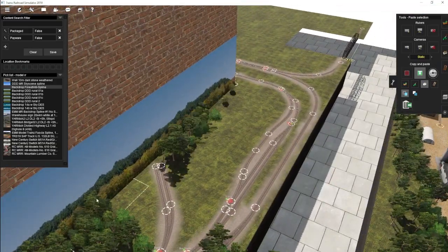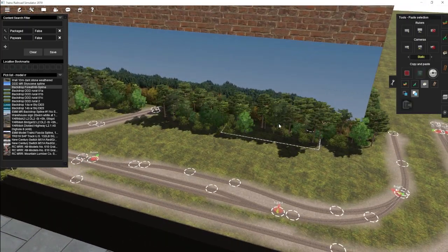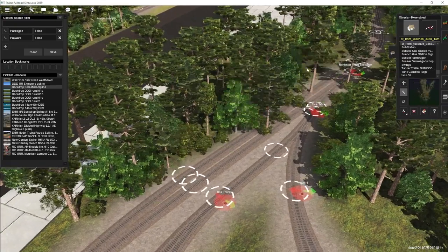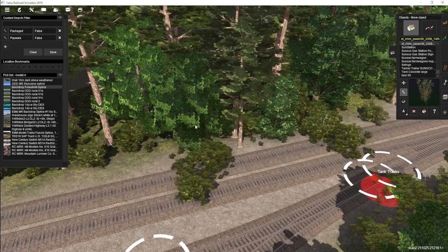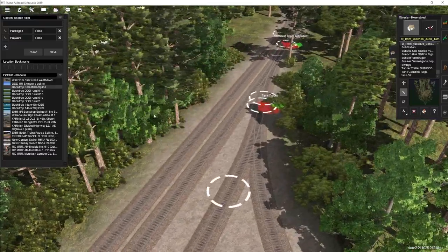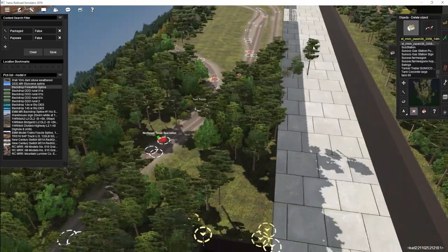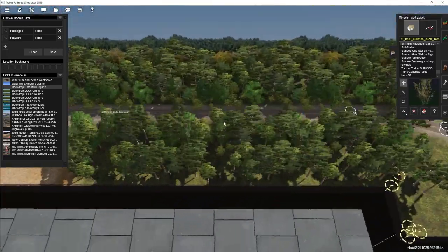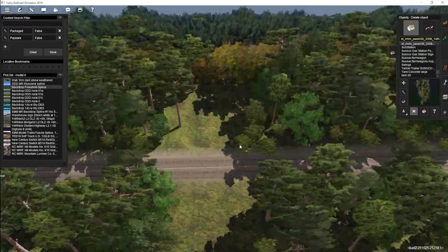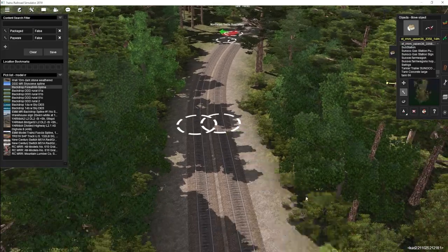I didn't want to necessarily model the town of Jefferson for two reasons. The biggest reason being I didn't really provide myself enough space for that, because that's not the focus of this layout. But also two, because I had some space constraints, I ended up having a different track arrangement than what I had originally planned in this area. And that made it even more unreasonable for me to try to model Jefferson. So I wanted to focus on the space and everything between the industries that were working on this part